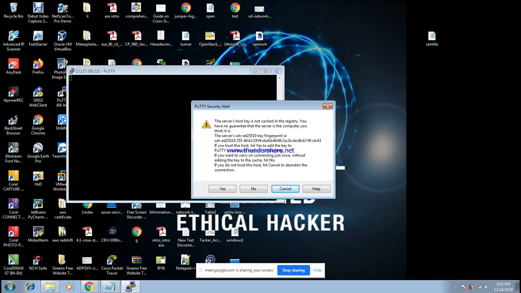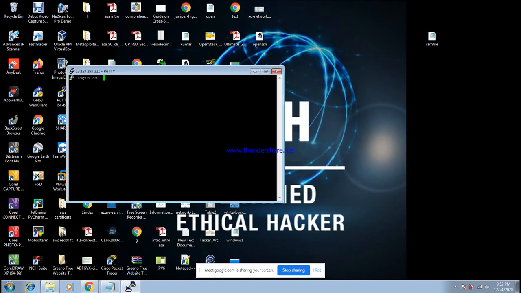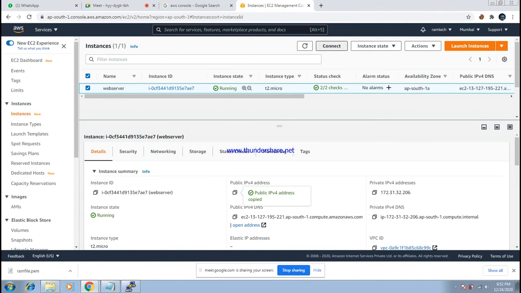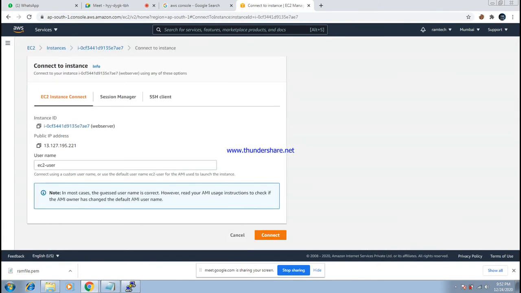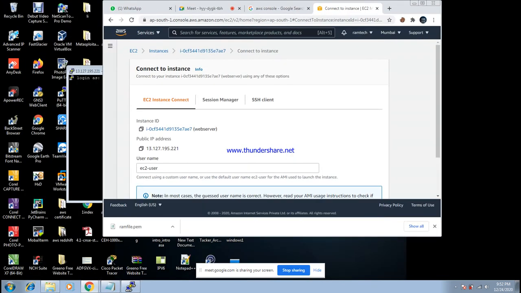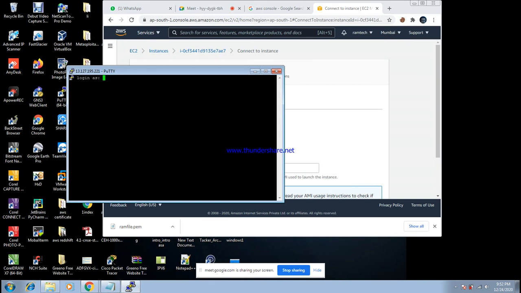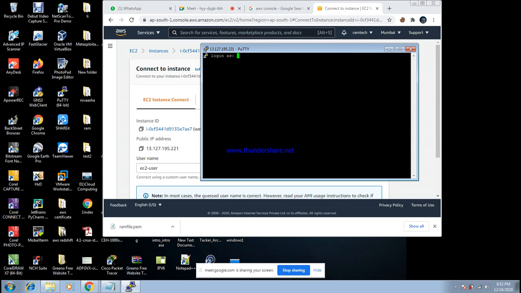It is automatically asking for permission, I can give yes. So I want to know what the login ID is. Where I want to see the login ID, go to Connect to the instance. See, madam, this is my username. The same username I want to give here. The username here is ec2-user, EC2 hyphen user. So I can give enter. Now I am getting my console, madam.